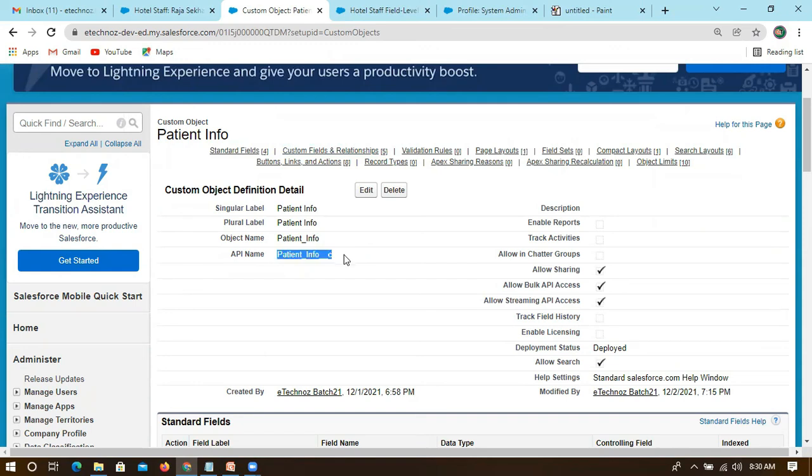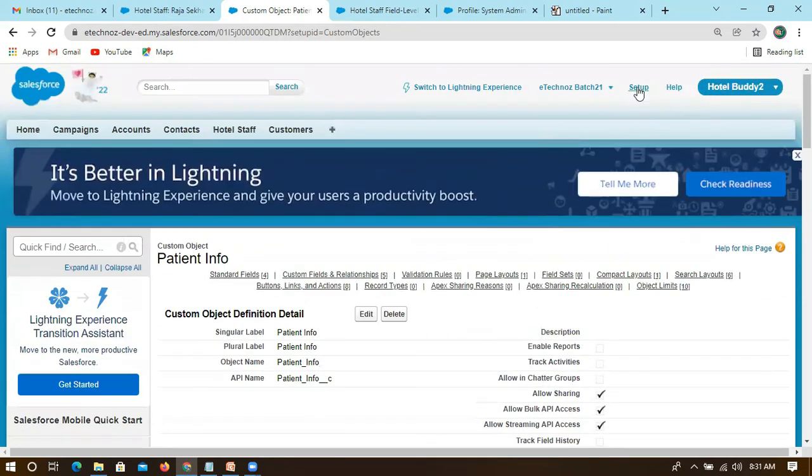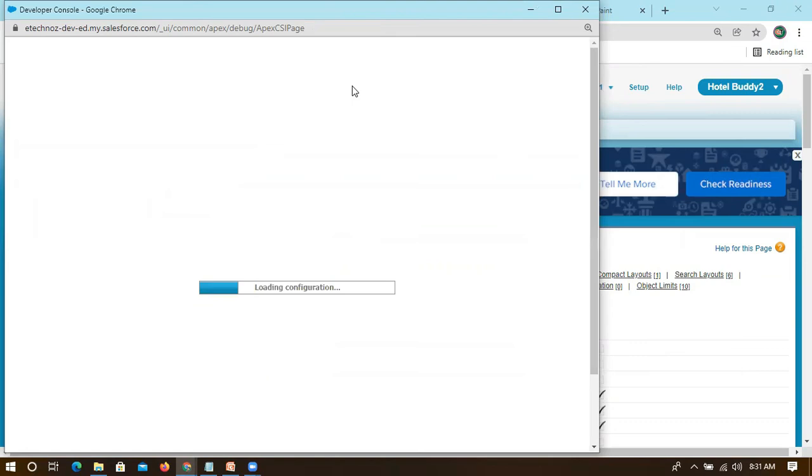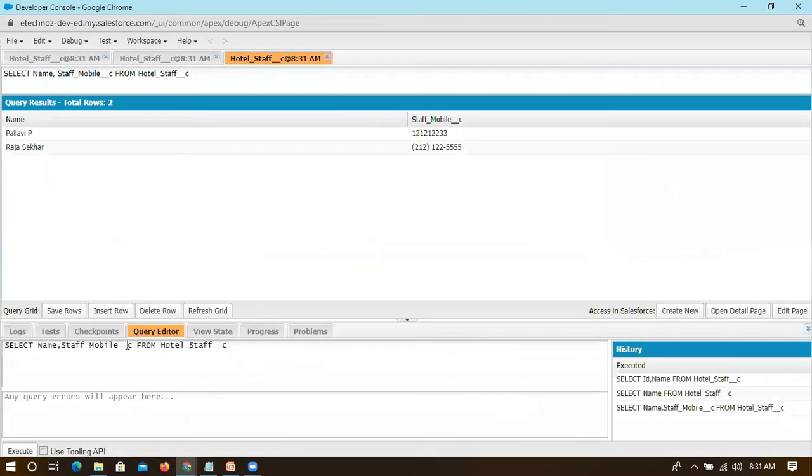Now I want to get a subject's information. I want to query all the records. Record means you understand, right? Record means data. So now I want to query the entire patient info records within this system. How can I do that? I have just shown you, and we will discuss that deeply in future, but I just want to check how many records I have as of now. As a developer, I'm talking. You just need to write a query: select, and then from